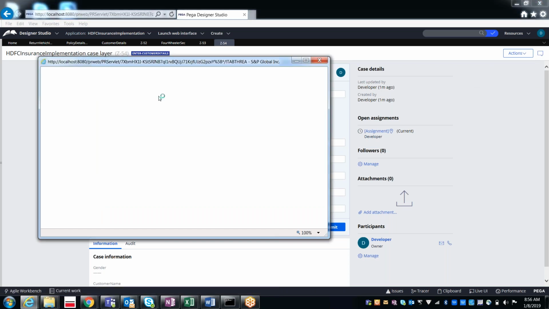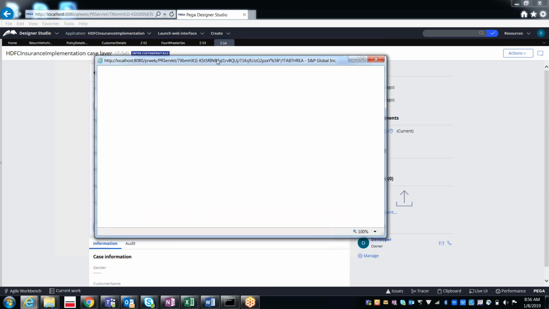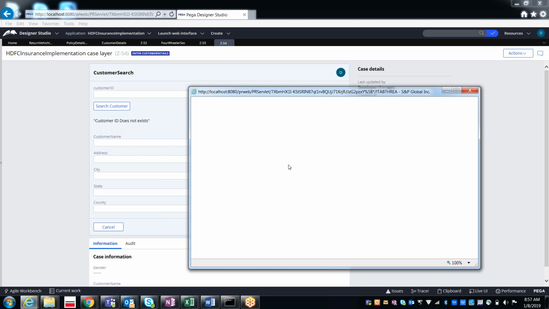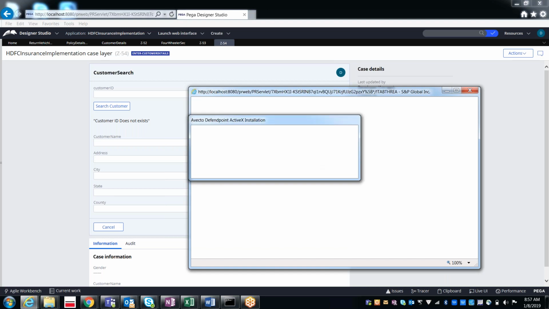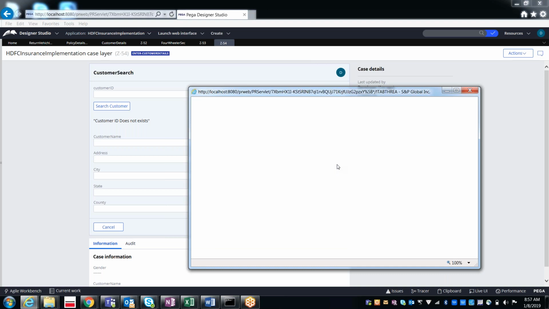In case you select this where am I, what exactly will it show you? It will display the flow, and in the flow where exactly you are now. That means in which flow action you are right now, it will be displayed here. That is called where am I. So right now where I am in this flow.